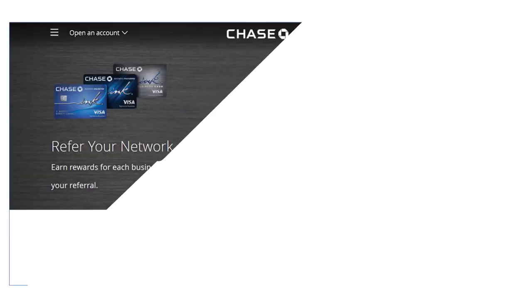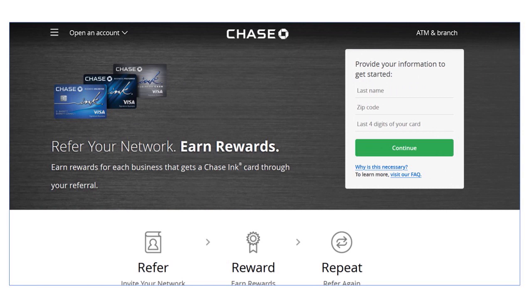Let me talk to you now about the Chase Inc. Business Unlimited credit card application. And again, I want to specify this is an EIN only business credit card. If you know how to apply, you have to be very strategic, and I'm going to show you how to do it. First of all, do not apply online. When you go to the Chase's platform and they show you the link, apply now,